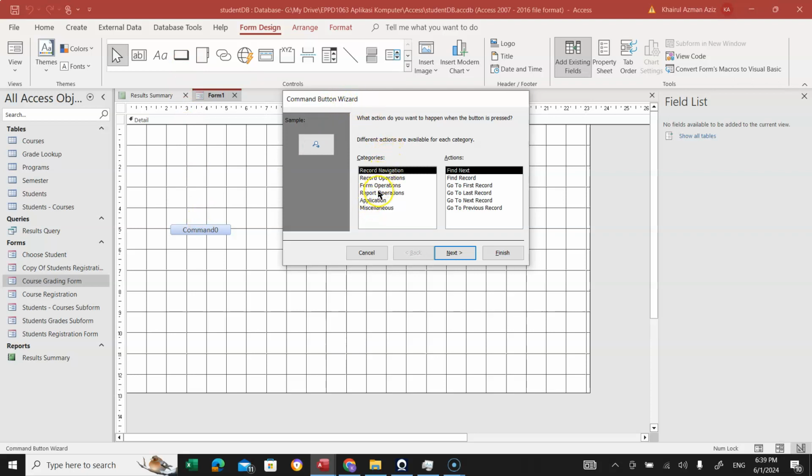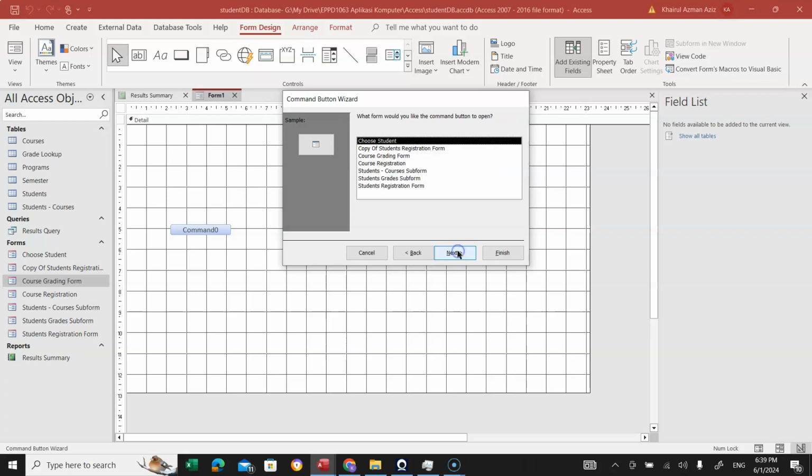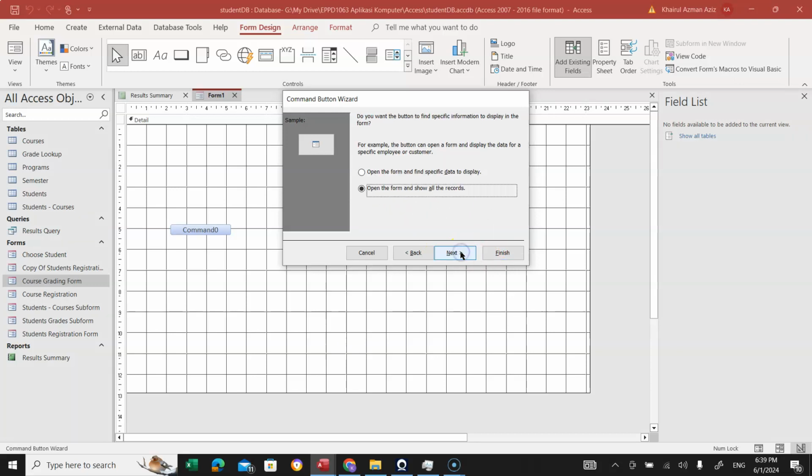Here we use the form operation to open the form. Click open the form, click next. The first form is for registration, the student registration form. Click on student registration form, click next,